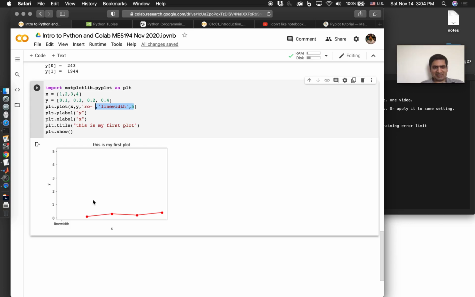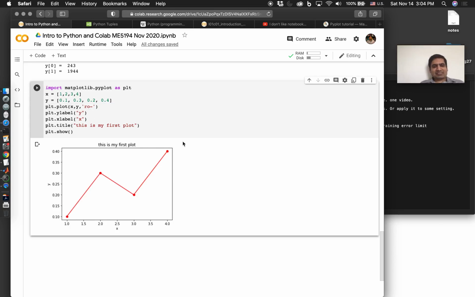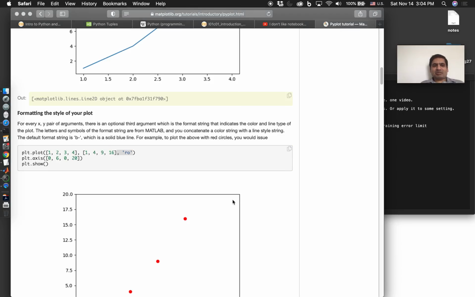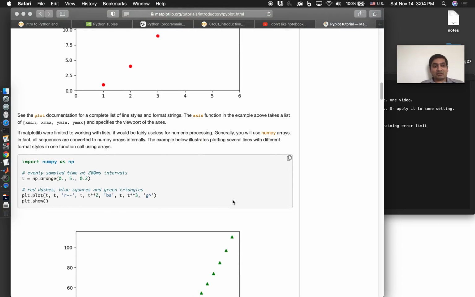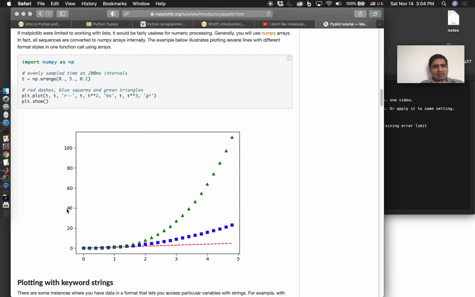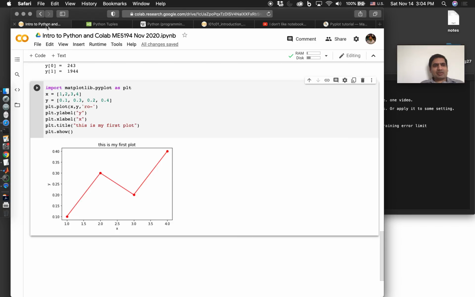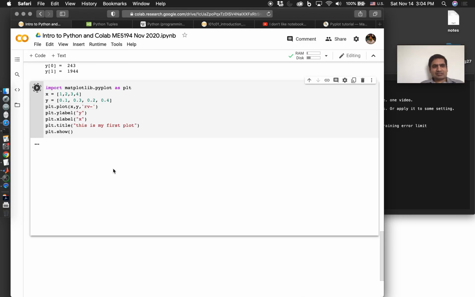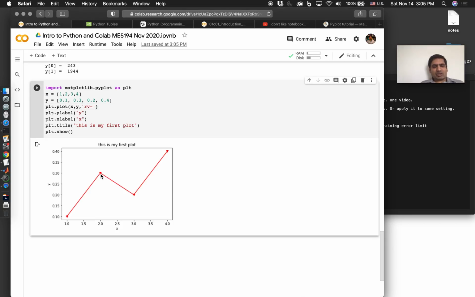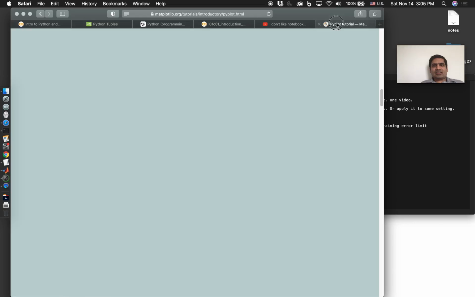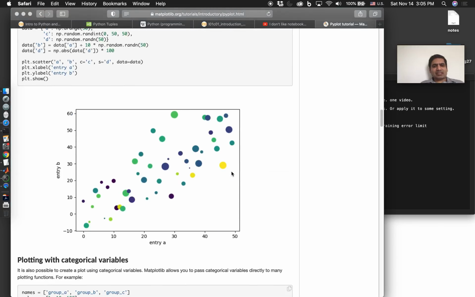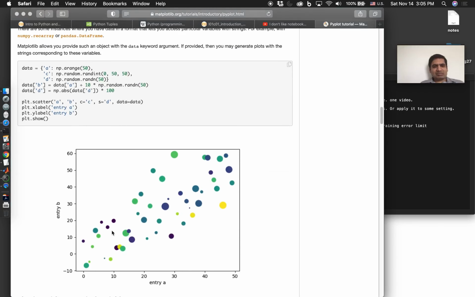Okay. Here, actually, it did a different plot or something. Okay, so it's not identical to the MATLAB plot command. Good to know. And you can have different lines with different properties. I suppose you can put a triangle, inverted triangle. That should be good enough for now, I guess. Okay. Hey, this seems like a nice